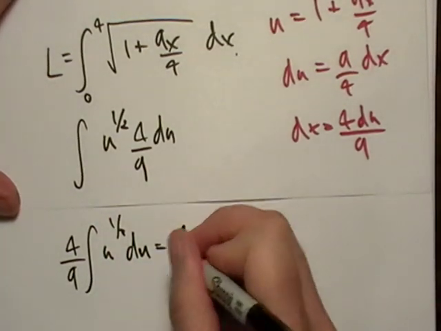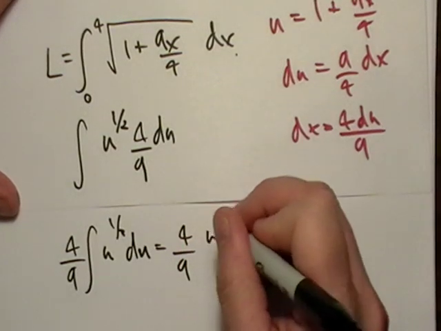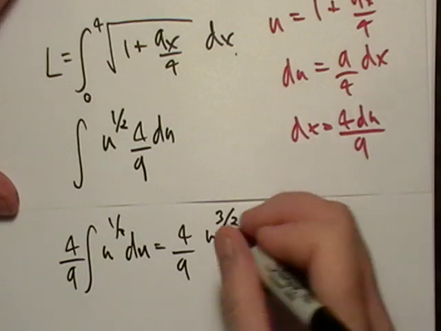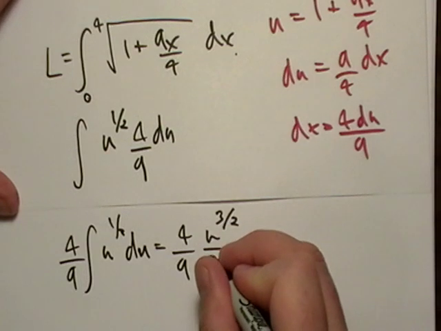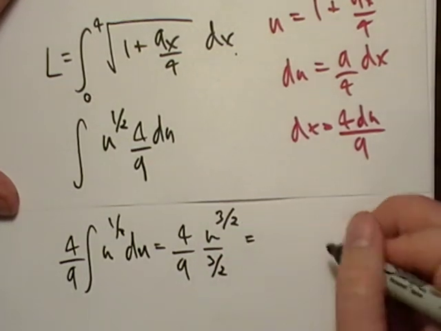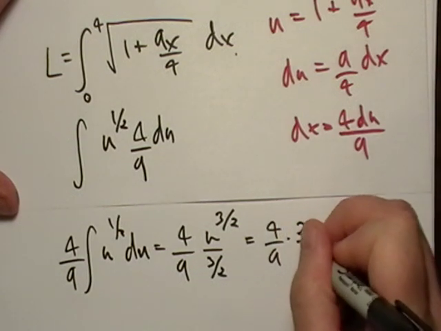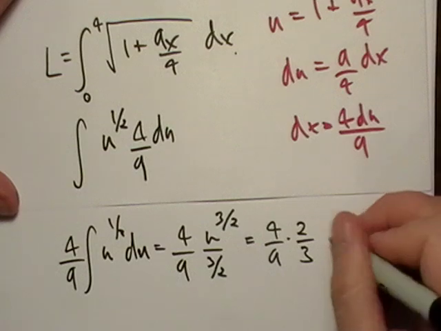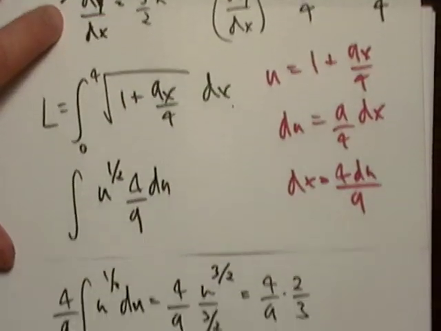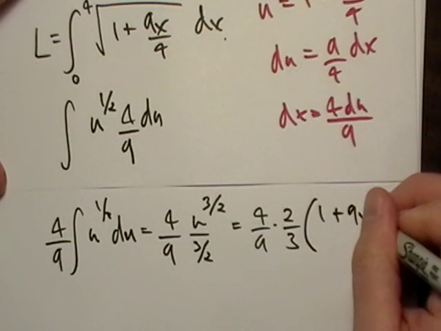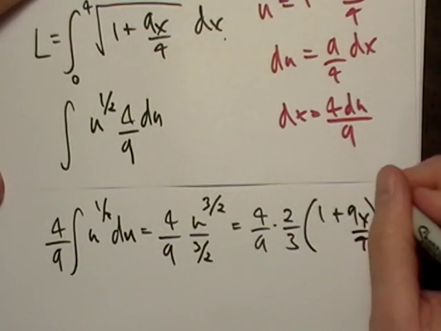That's going to equal 4/9 u to the 3/2 over 3/2, which is equal to 4/9 times 2/3 times, back to my U-substitution, 1 plus 9x over 4